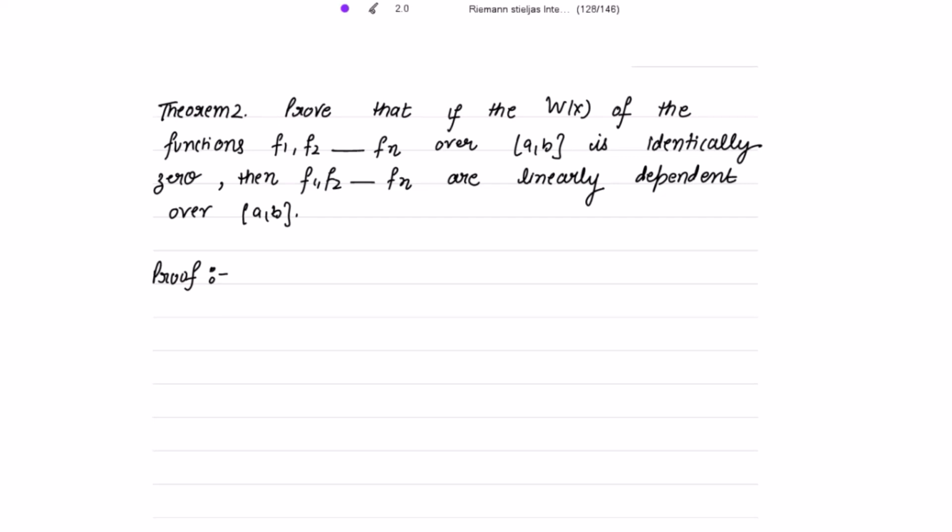Here, it is given that the Wronskian is equal to 0, and we have to prove that the functions are linearly dependent. Just the reverse of the theorem, right? The proof is also just the reverse steps. Let's write, suppose, let